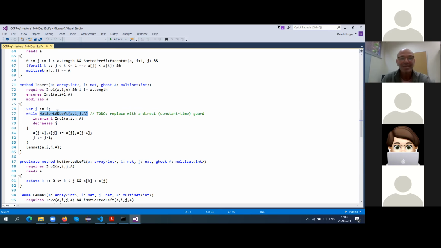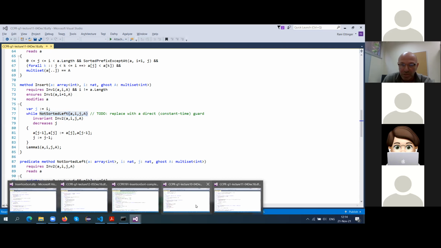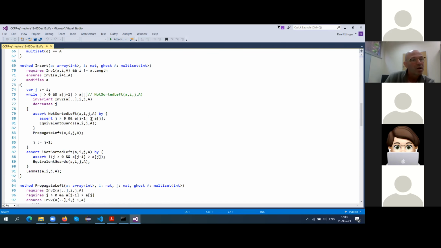So at the very end of the third session, let me show the program for the third session, I believe it's lecture 12, we really replaced the guard of the inner loop with an efficient one. So we end up with the actual executable code.